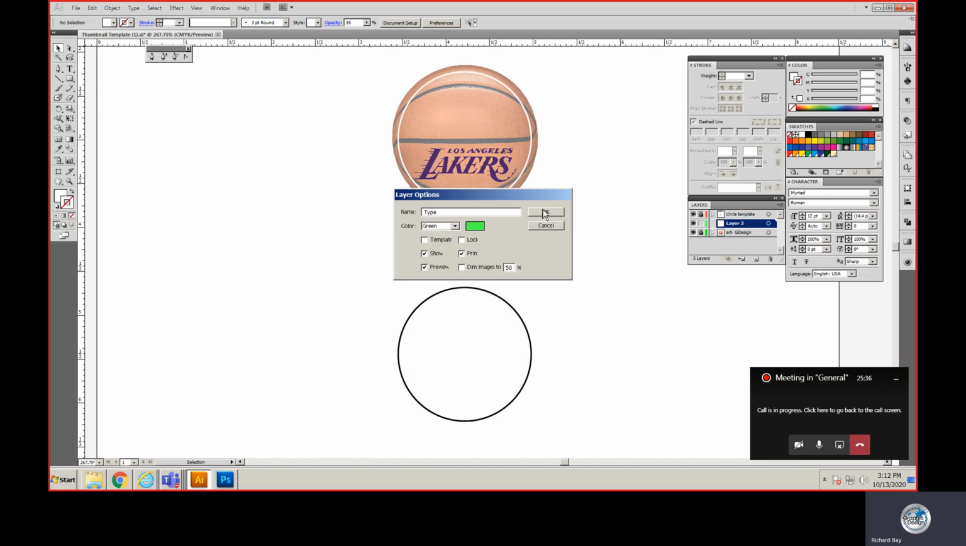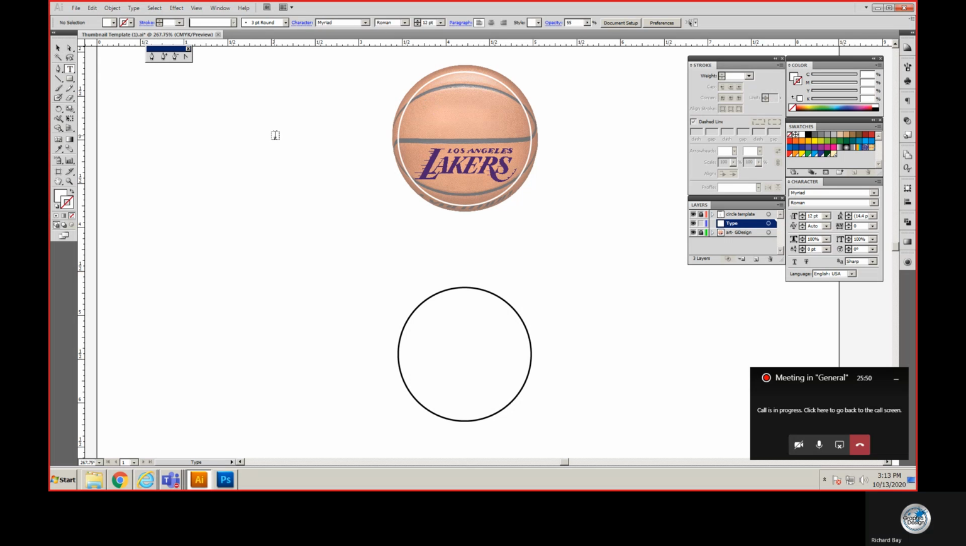So that's the type. And it says green. I don't want another green layer. Let's go with the original blue. And so there we are, red, blue, green. And what do we want to say about the Lakers? Let's do this. Let's say